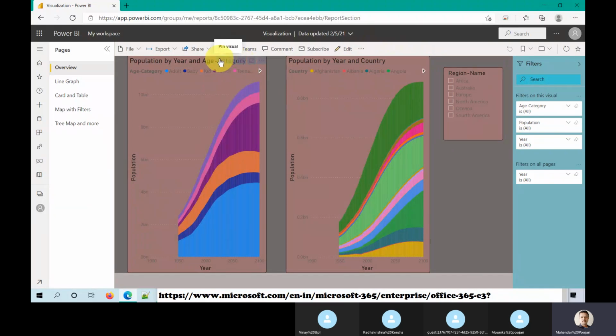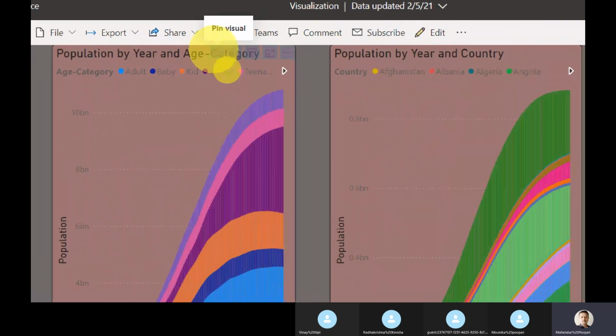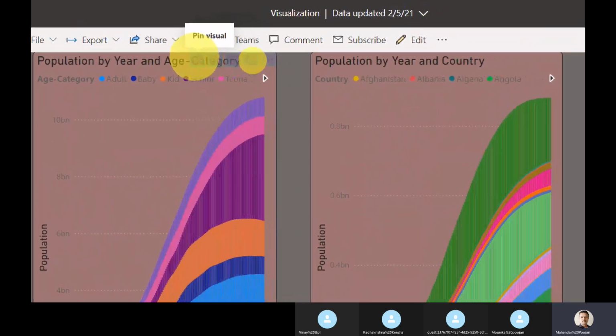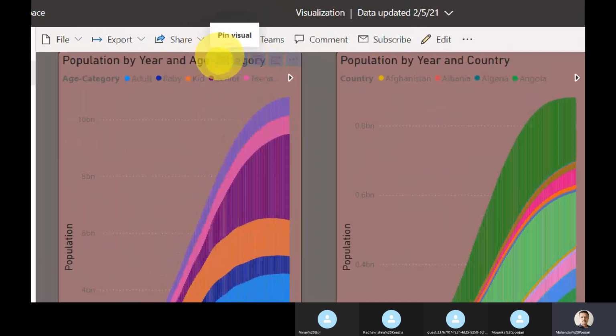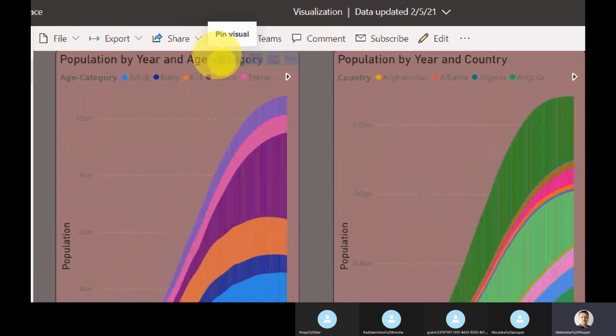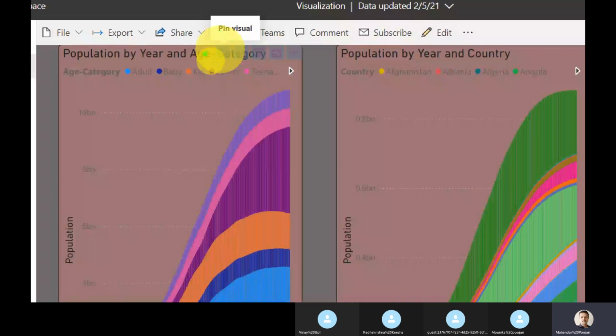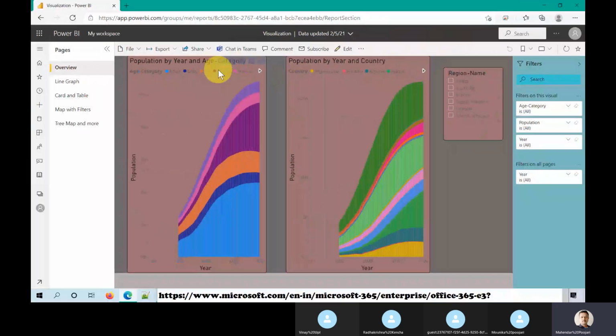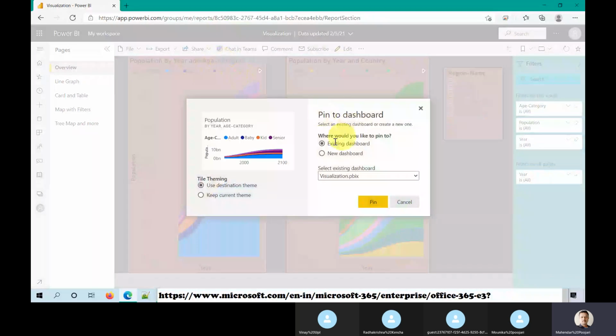You can see there are icons, and one is a pin icon, a small icon, so that will give you pin. So let me do pin first. It will ask you to create a dashboard, pin to dashboard.